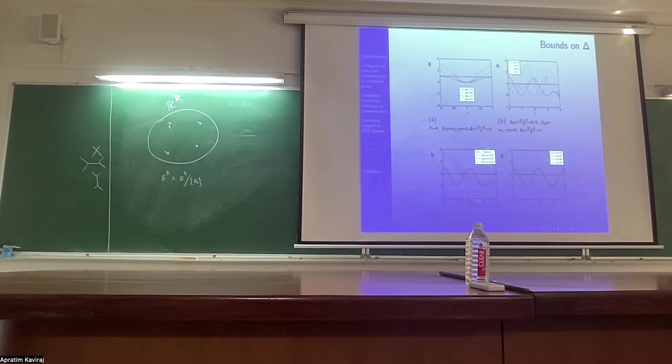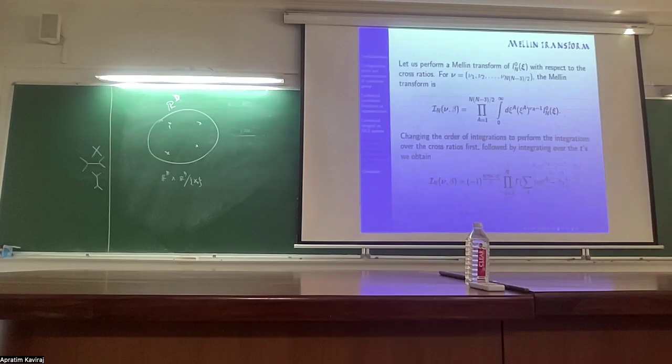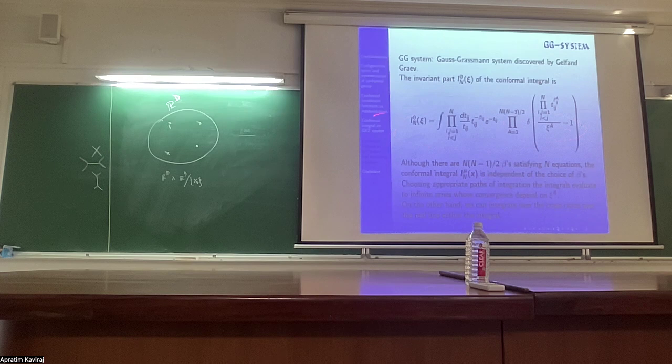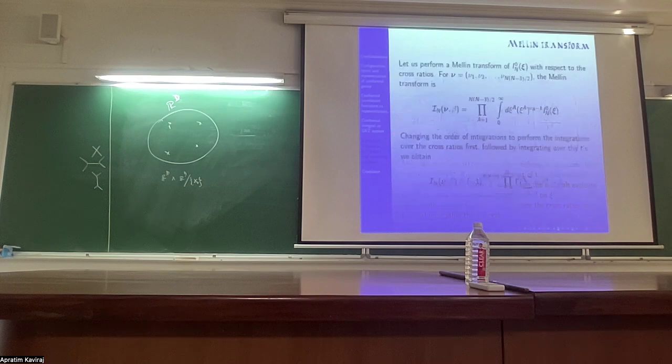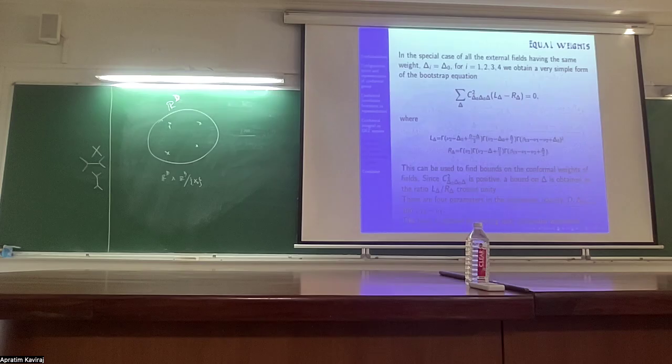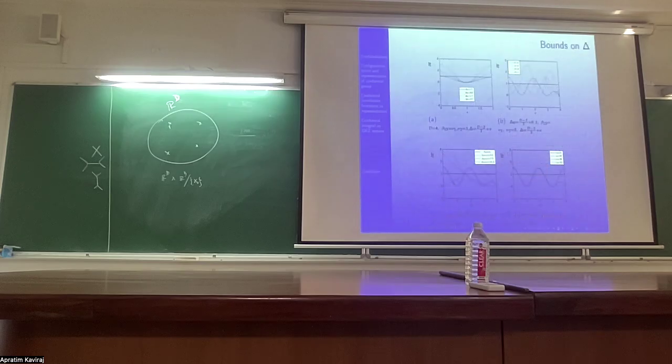Interestingly, here when I change beta, I have fixed the rest. Beta changes from nu1 to nu1 plus stuff. I see that there's not much sensitivity here. Apart from this one, everyone crosses it at this point. And similarly for the one where I change nu2 separately, it is more or less the same for various points. So it tells me that this GG form of the conformal integral seems to be useful in evaluating the bounds on this. And with this, I will